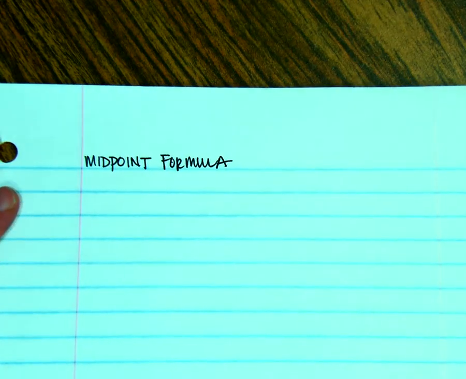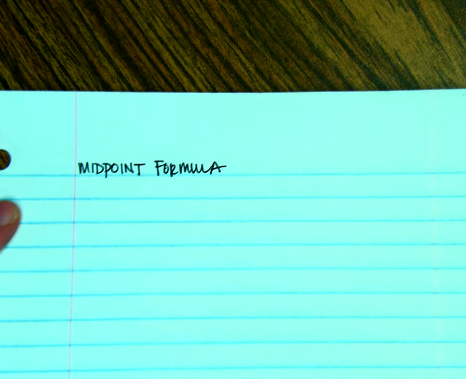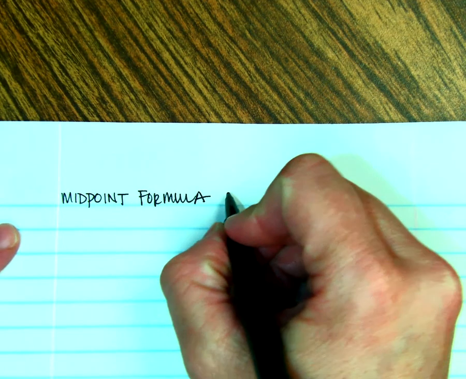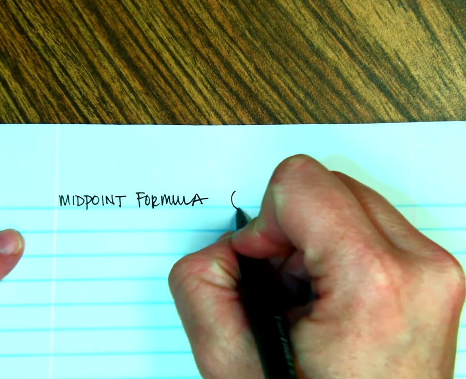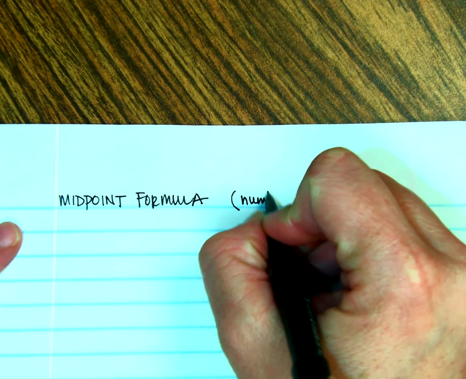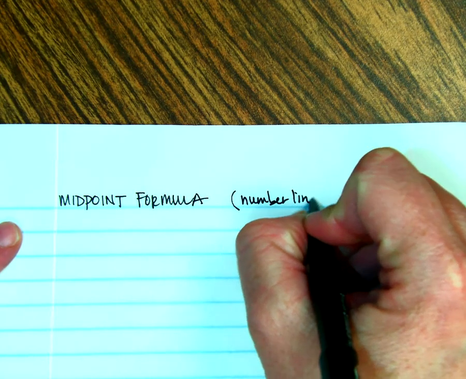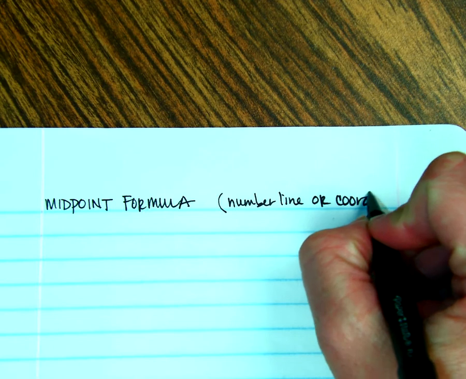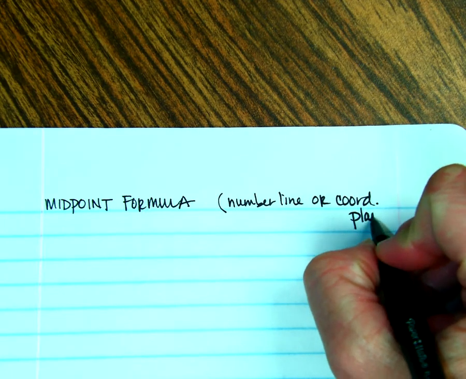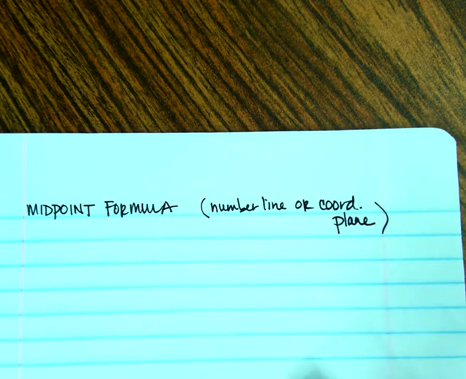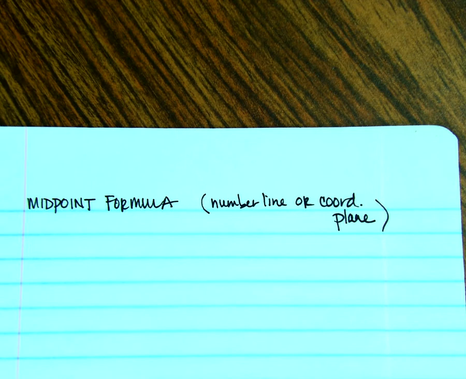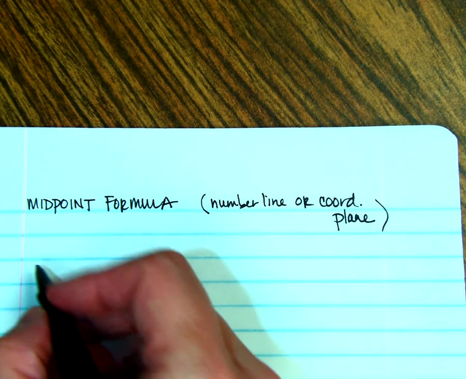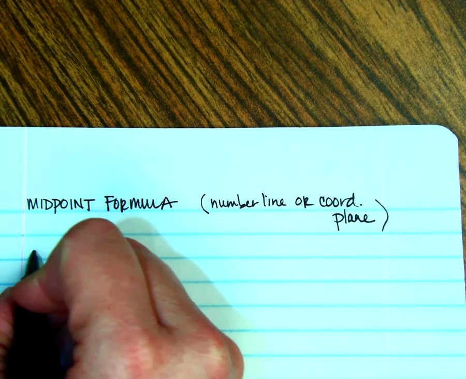Okay, we've already talked about midpoint, so now we're going to introduce the midpoint formula. You're going to be using this when you are on a number line or coordinate plane. Okay, number line or coordinate plane. There are two midpoint formulas. The one for a number line,